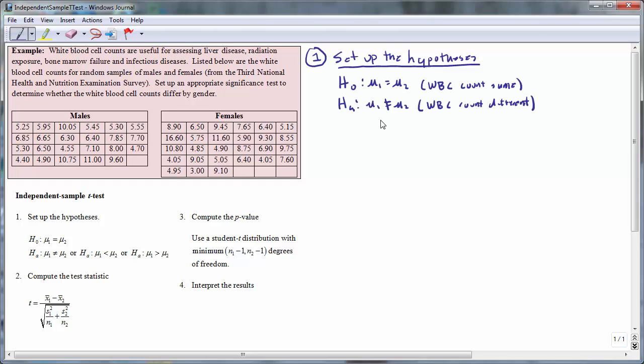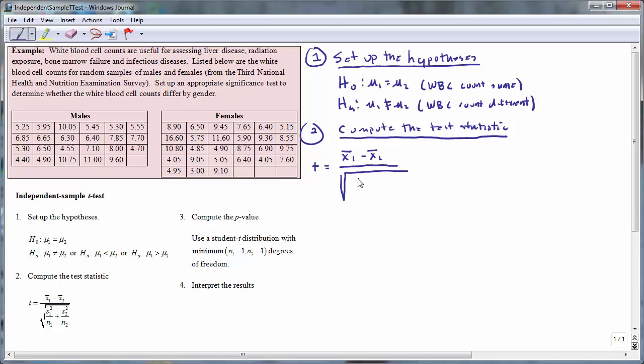The second step is to compute the test statistic. The test statistic has the form: the first sample mean minus the second sample mean, divided by the square root of the first standard deviation squared divided by the first sample size, plus the second standard deviation squared divided by the second sample size. In order to compute the test statistic, we must determine the sample sizes, sample means, and